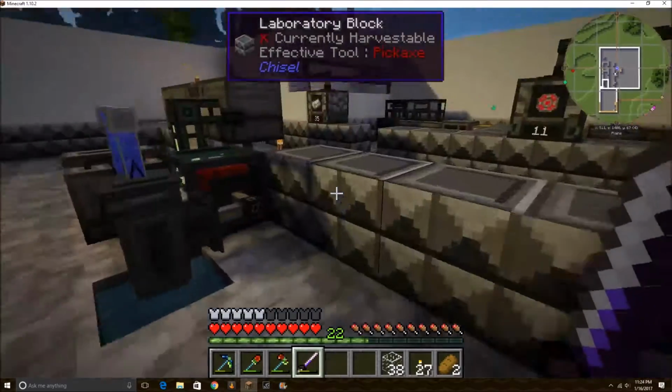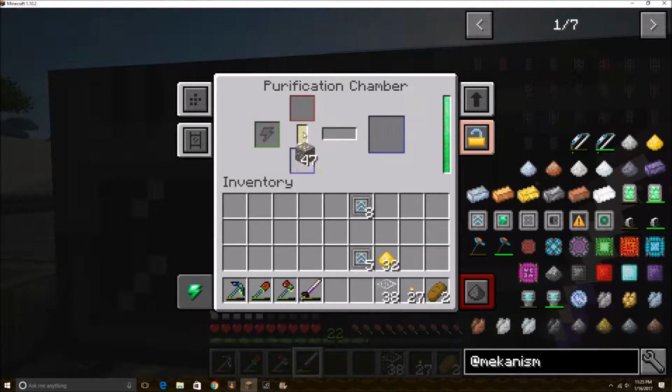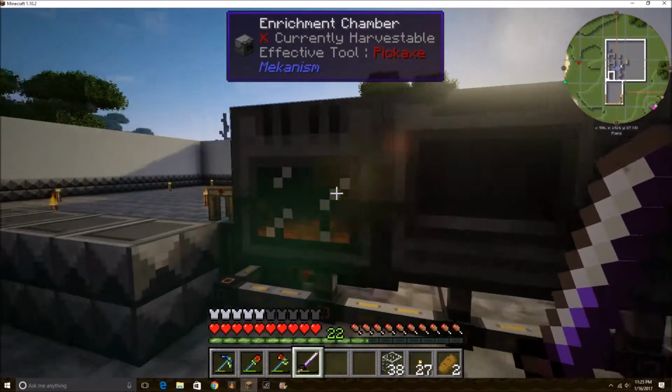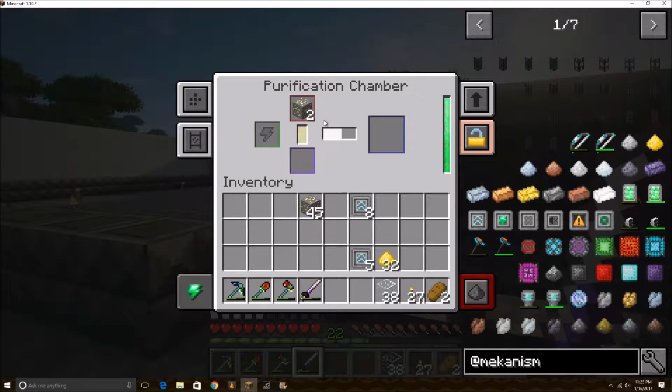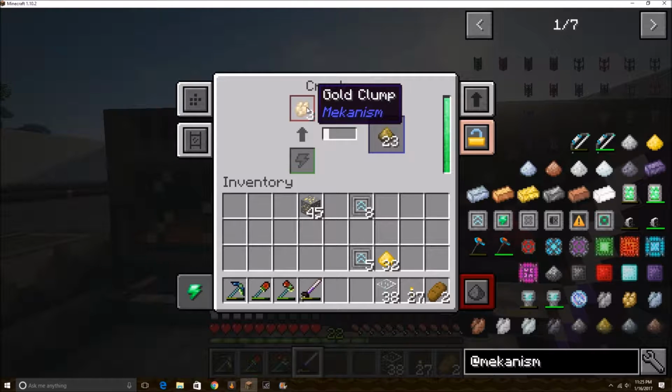There we go. Now look, if I come in here and I put 2 pieces of gold in there, that's going to turn into three little pieces, right? 3 gold clumps. And this crusher is not going to process all 3 of these gold clumps before the next set of 3 are going to come in. See? So what we need to do is